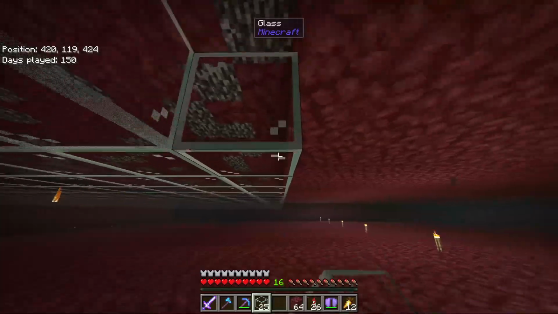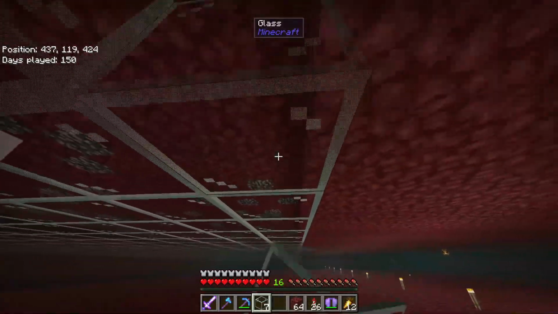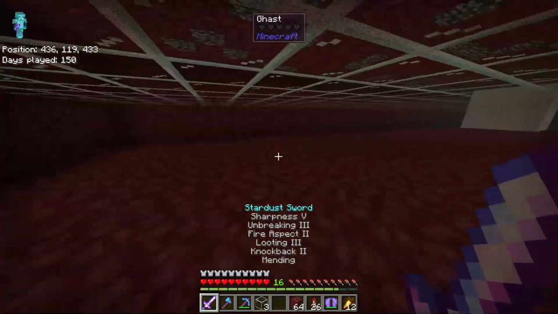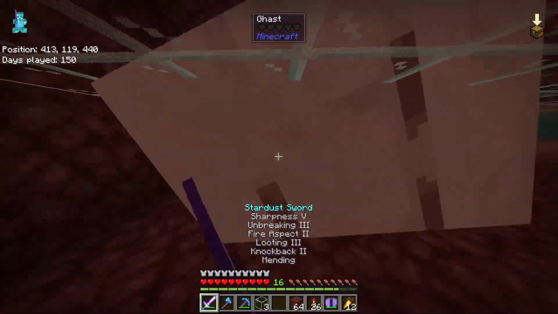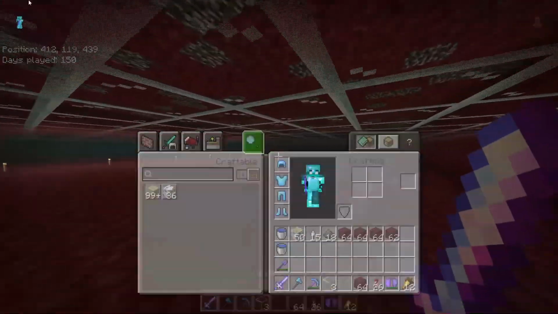Oh my, I forgot to throw out my swords again. I thought you have to crouch. I thought I was doing it like the amethyst sword. Wow. This ghast farm is overpowered already. That is called foreshadowing. And also,